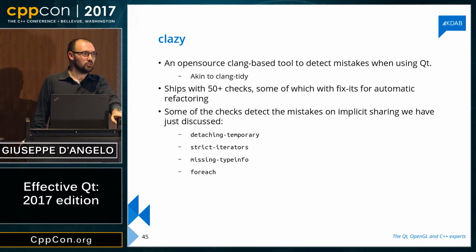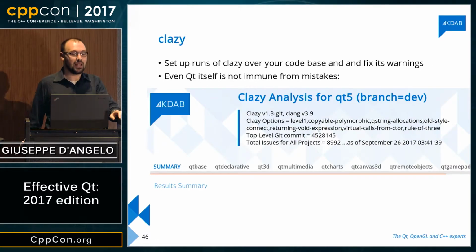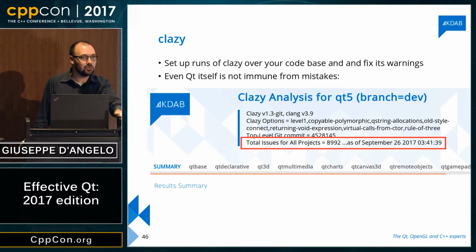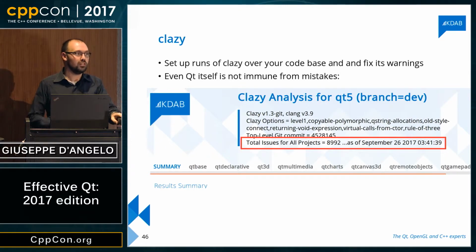And if you believe that you're so good that you're not going to need this, okay, maybe you are, but let me just leave you some numbers. We ran an experiment running Clazy on Qt itself. As of yesterday, there were over 9,000 warnings detected over Qt. Yeah, that number is the important part. So please be aware, it's extremely easy to fall into one of these traps. Luckily now we've got this tool.